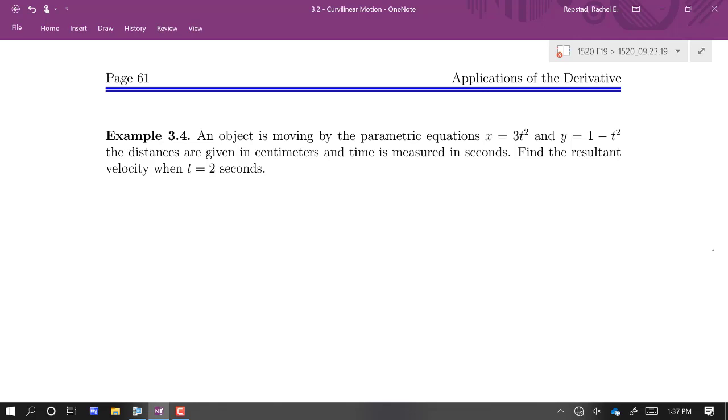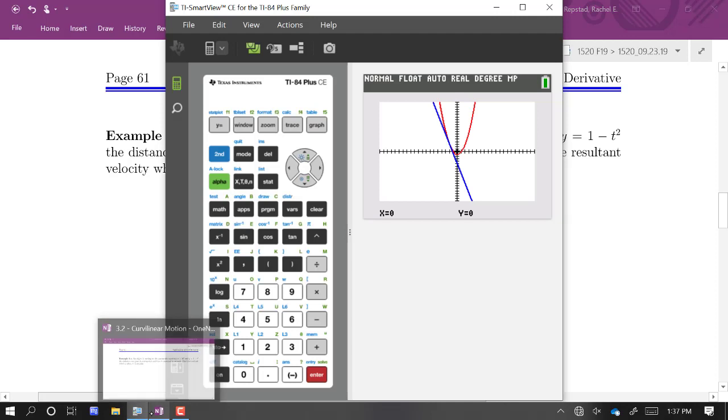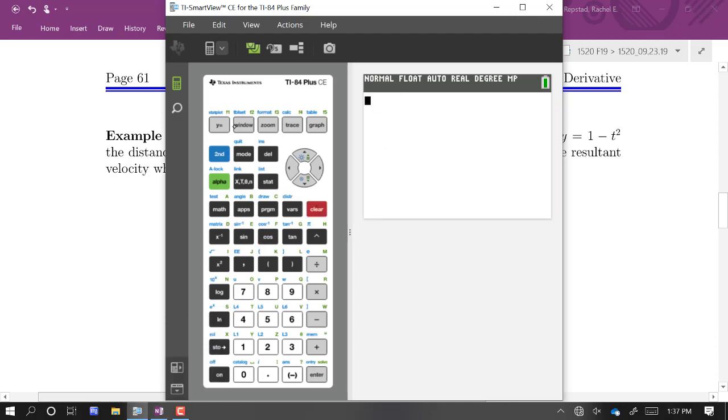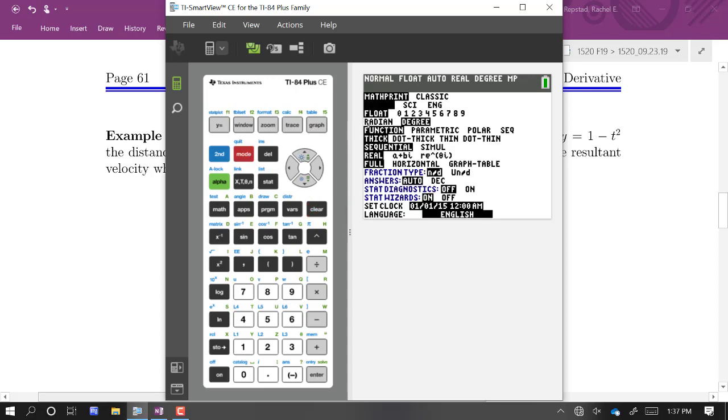Our calculators will actually also do that for us. If you want to get your calculator to graph parametric equations, to graph a single curve, right? It's the pair of equations itself that corresponds to a single curve in the xy plane. You have to put your calculator in parametric mode. Down here, it's in function mode. That's y is a function of x. But look, I could also put it in parametric mode. And when I do that,